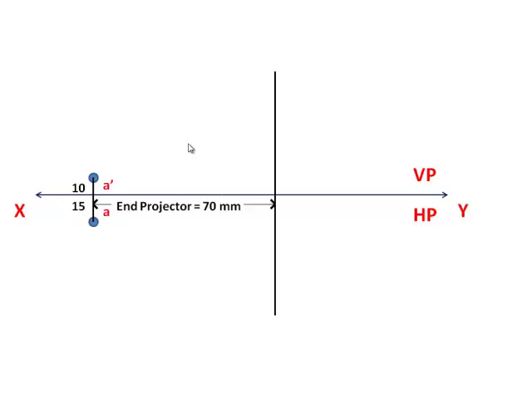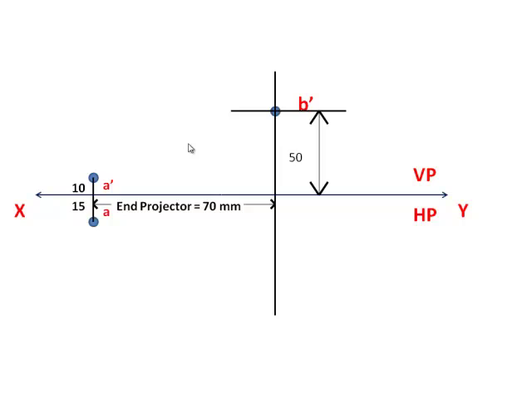So after this, the above HP distance they gave us is 50 mm. Draw a horizontal line 50 mm above. The end projector line and the 50 mm above HP line will intersect at a point. That point is your B dash. Can anyone say why I am marking B dash instead of B1 dash? Because the given is apparent length, end projector. Okay. Are you getting this? Can we go for the next step?